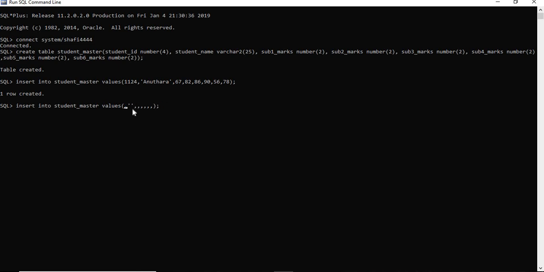We'll copy this. Okay, 1127. Okay, if we copy means again we have to alter. That's why one by one we will enter. Okay, next Bhargavi. Okay, next